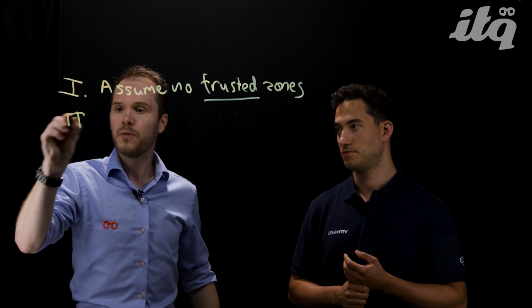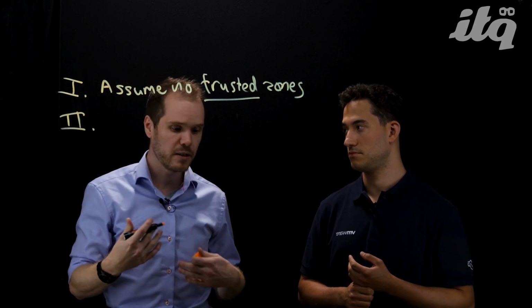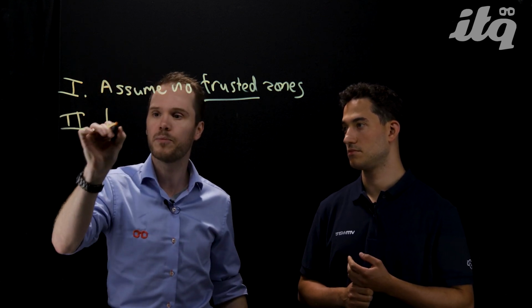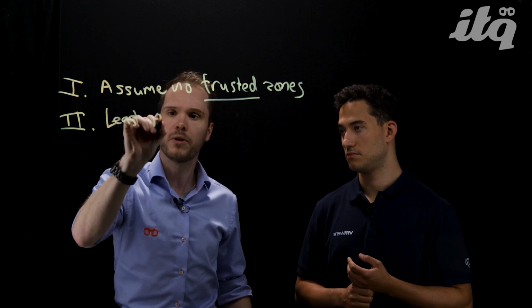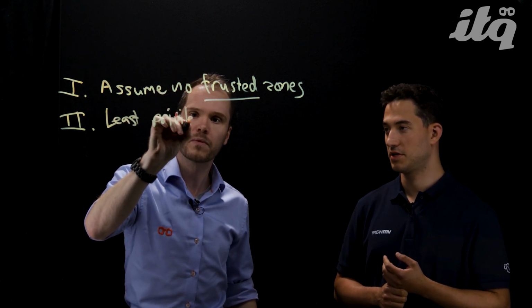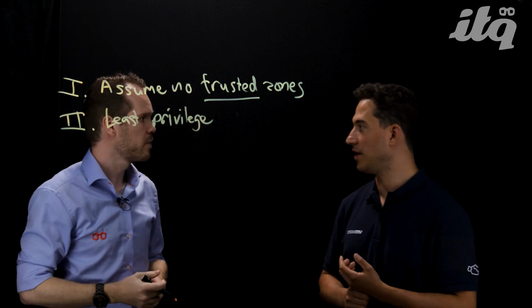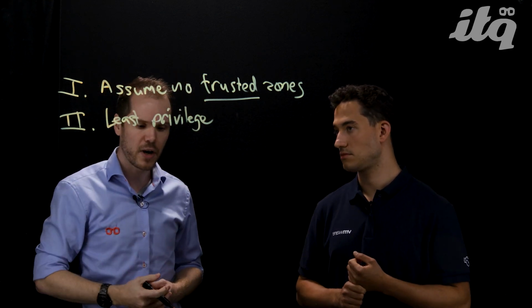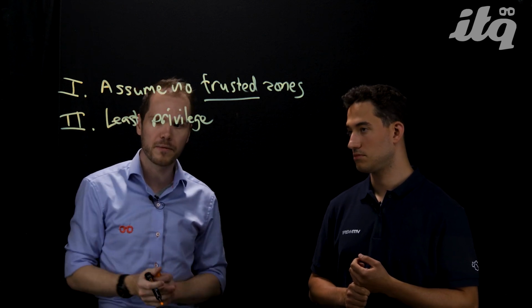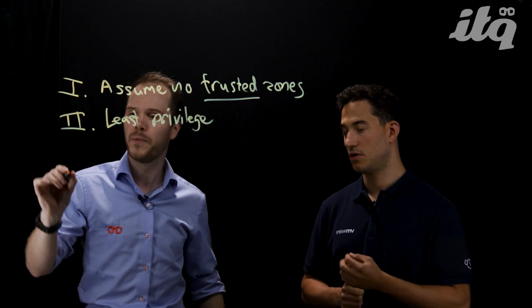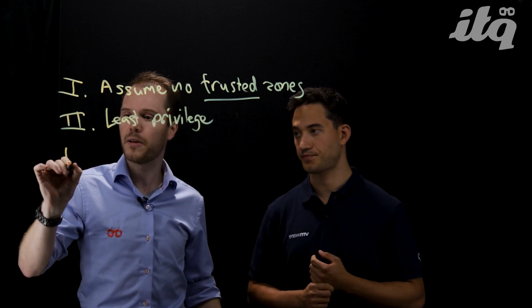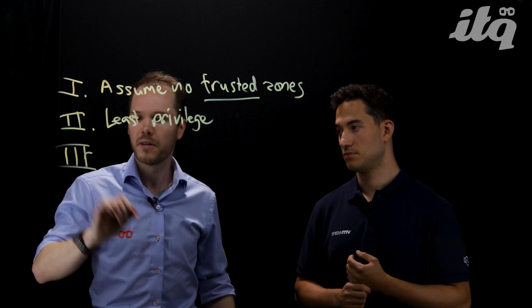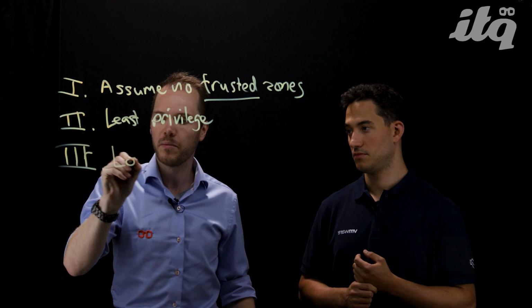The second principle, which is really important as a general security principle, is the principle of least privilege. Yes, that's correct. So we're not going to be using any domain admins to do something on a regular basis. Yeah, so the daily driver should be the least amount of privilege you have to do your job. Only the necessary. Exactly. And the third principle is to log and monitor